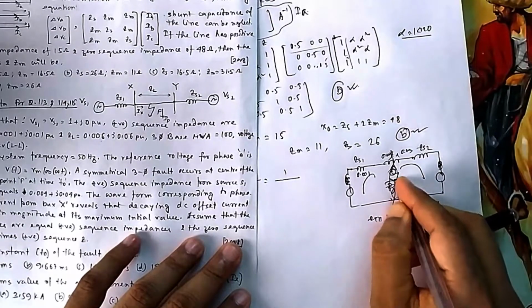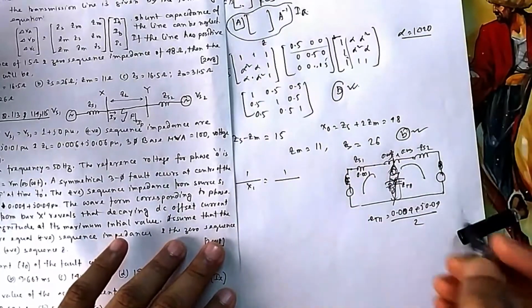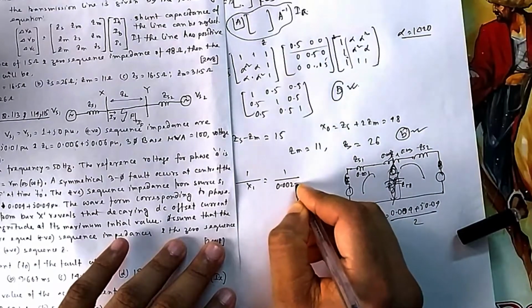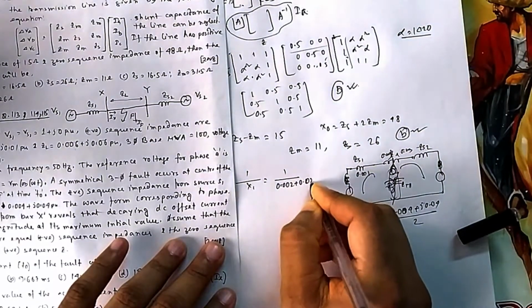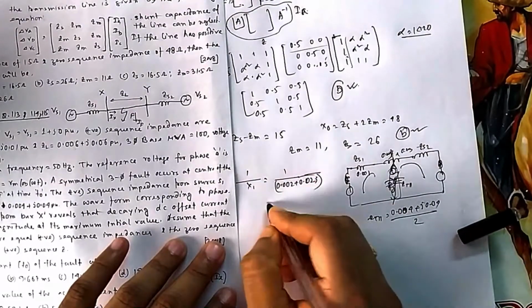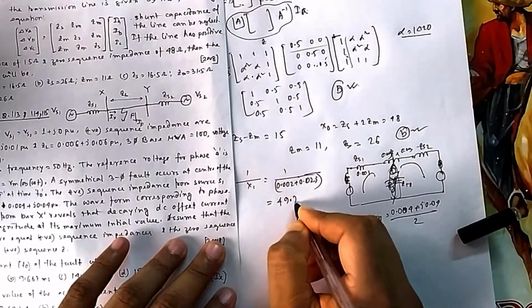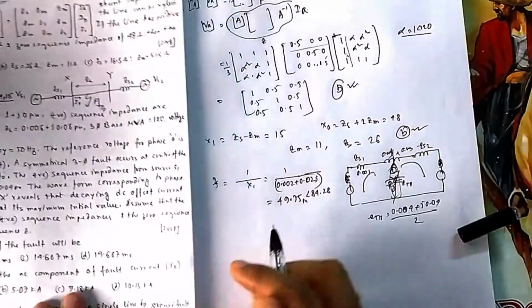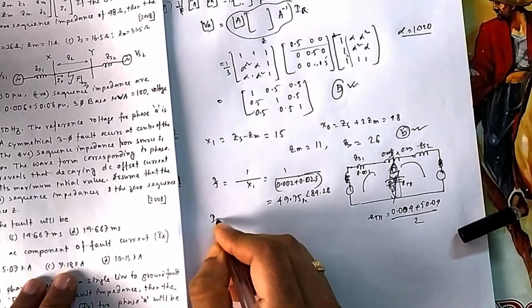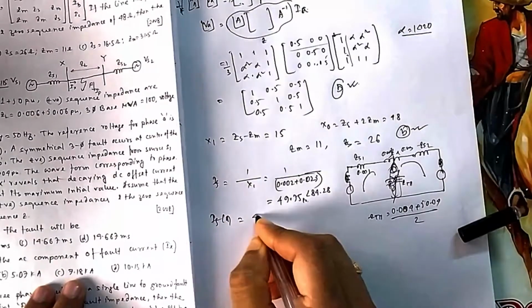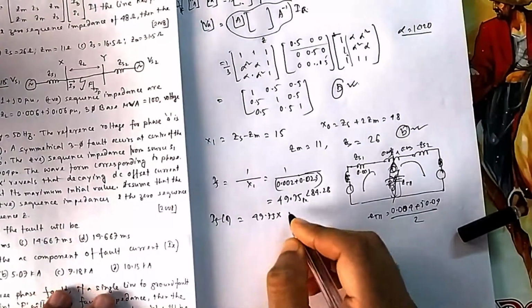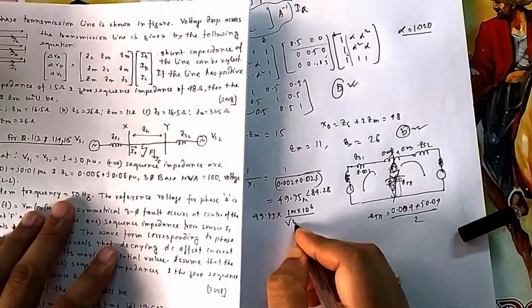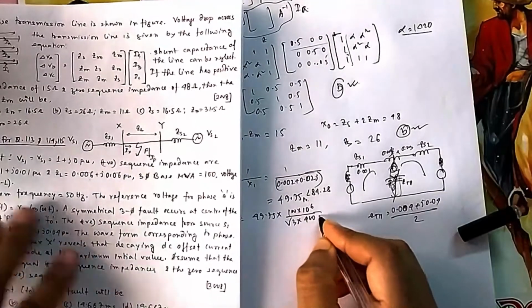Look from the side where the fault occurred and see what the impedance of the network is. For three-phase faults, it's easy. So it is 0.002 plus 0.02j. If you do this, you will find your fault current is 49.75 per unit, but you need to find it in ampere. So I fault in ampere will be equal to 49.75 multiplied by 100 into 10 to the power 6, that is the base MVA, divided by root 3 into VL, 400 into 10 to the power 3.